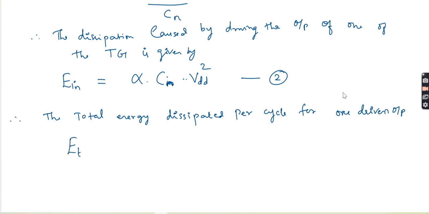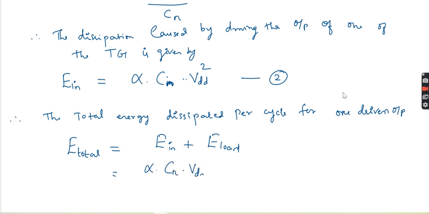So the total energy E total will be equal to the input energy plus the load energy. That will be your total energy, input energy and the load energy, where the input energy is nothing but